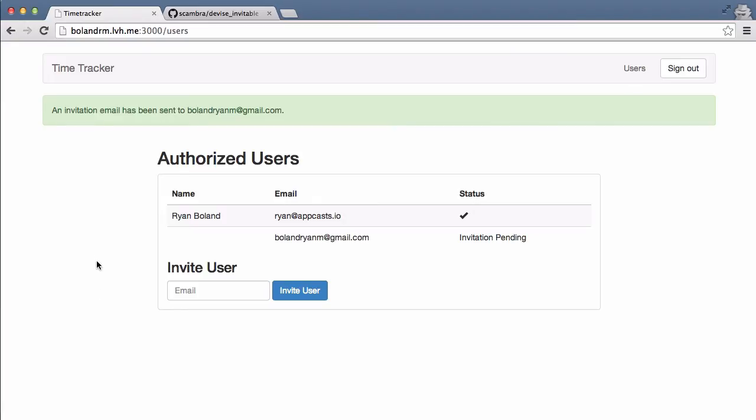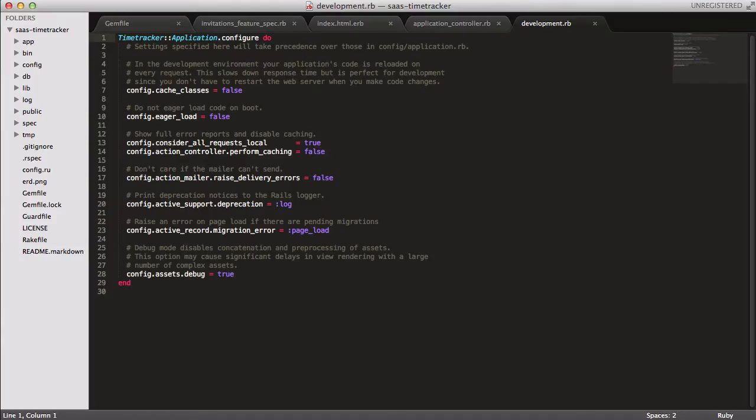The only thing is we aren't actually able to test this right now because the email isn't really being sent. Let's see if we can get the letter opener gem that I mentioned earlier set up so that we can just preview the email in the browser. To get this gem up and running, all we need to do is change a couple parameters in the development.rb